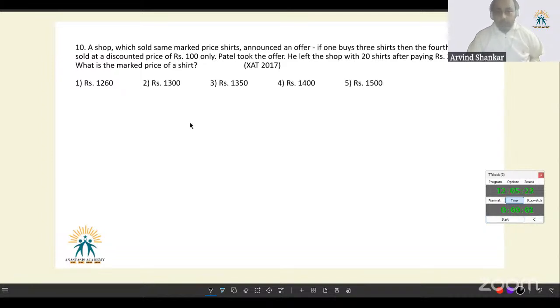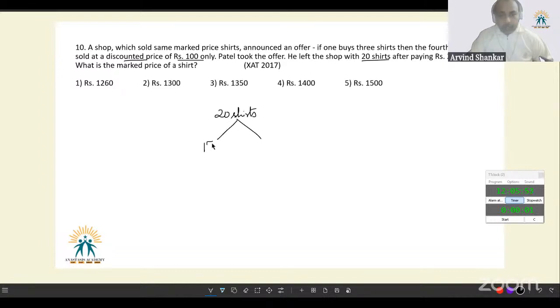Okay. This one. A shop which sold same marked price shirts, as in every shirt had the same marked price, announced an offer. If one buys 3 shirts, then the fourth shirt is sold at a discounted price of rupees 100 only. It's not like the discount is 100 rupees. The fourth shirt is sold at 100 rupees. Patel took the offer. He left the shop with 20 shirts. See, for 20 shirts,